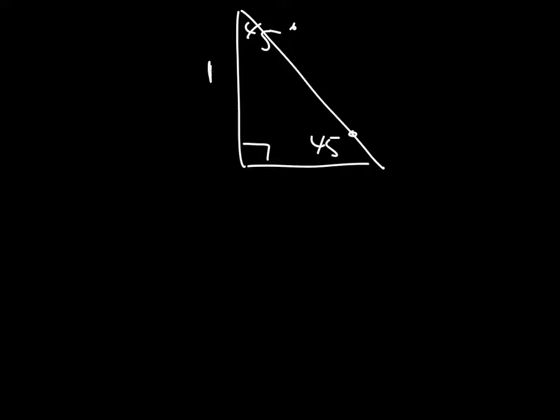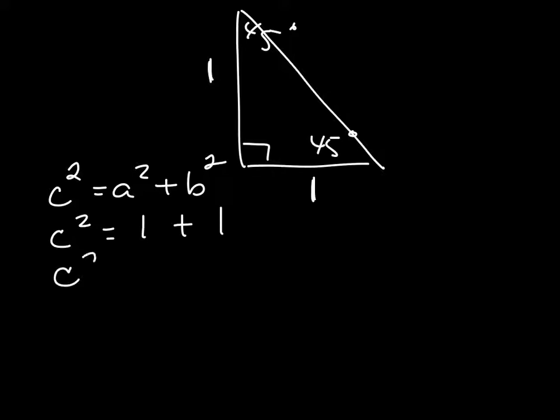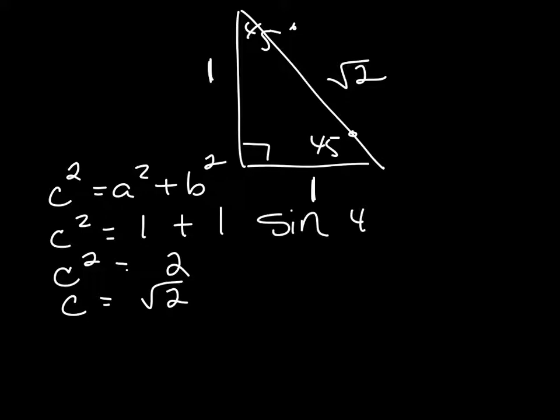Before we did the rationalization, we found the opposite side using our Pythagorean theorem, and we came up with the square root of 2. So originally when we did this one, sides, I can do sine of 45,